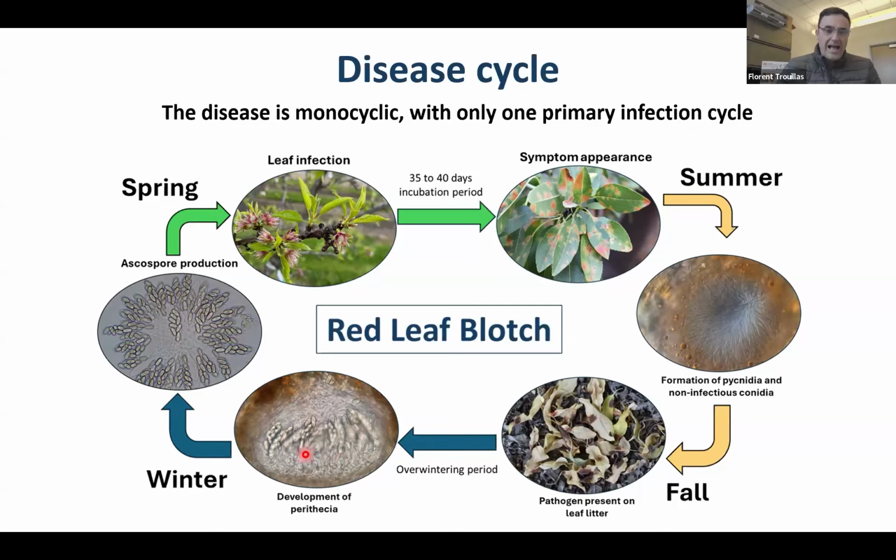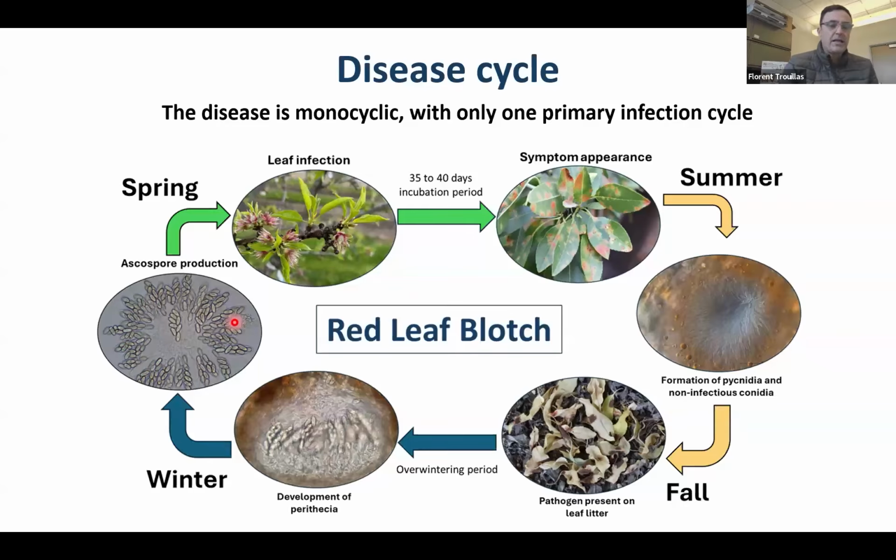The ascospores within the perithecia, within the fruiting body, will mature around January. That's the first catch, January, February, the first catch of the spores. But again, yes, they are mature around this time of the year, with all the ascospores being produced massively